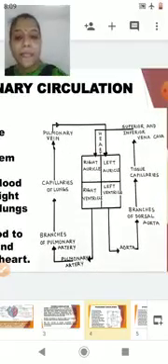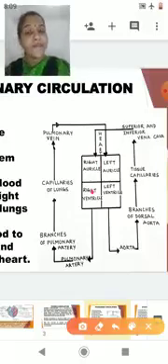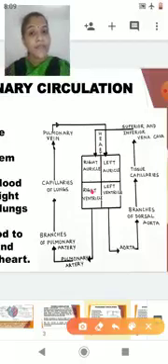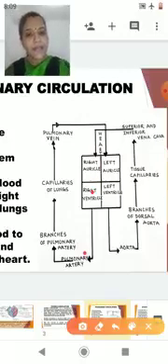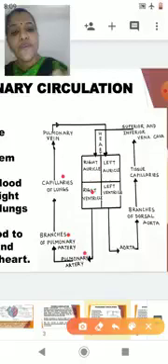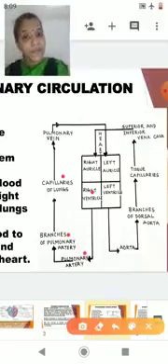Now students, this is the right ventricle. Right hand side means what type of blood it is? Impure blood. Impure blood will be carried by the pulmonary artery. You know that the pulmonary artery divides to form two branches to enter into the lungs of its own side. In the lungs, it is going to form the capillaries. Now the capillaries will help in the purification of the blood.